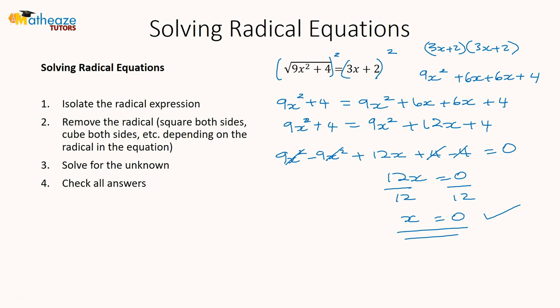The reason why you do that is if your value of x leads you to have a negative number under the square root sign, we have to reject that because that puts us in the realm of imaginary numbers, which is not really the focus of this